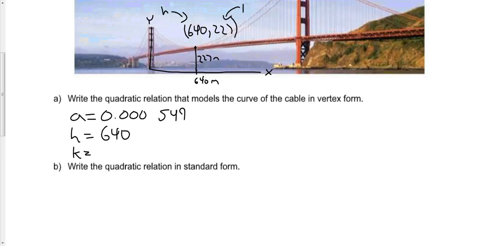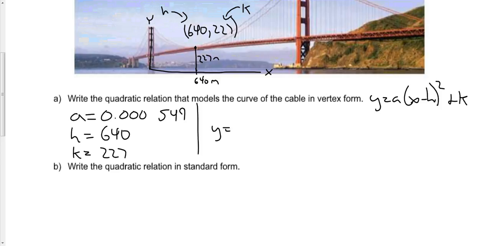So this is our k value, 227 meters. So if we substitute that into the vertex form of the quadratic equation, again, vertex form is y is equal to a times x minus h squared plus k. If we substitute in our a, h, and k values, we end up with an equation that looks like